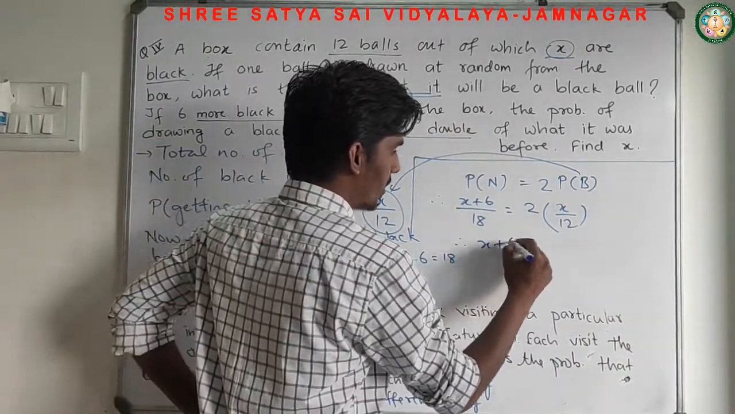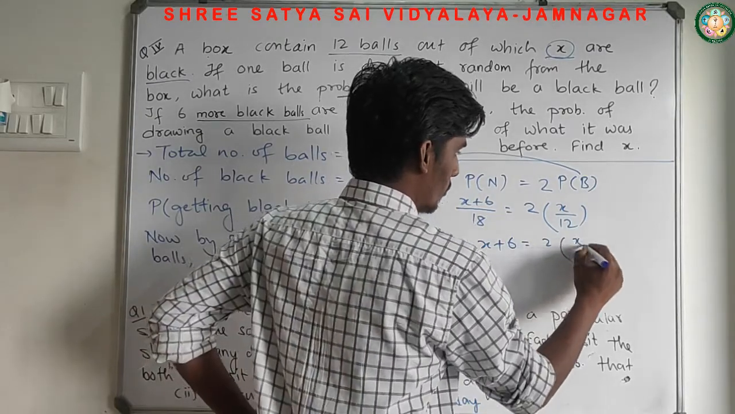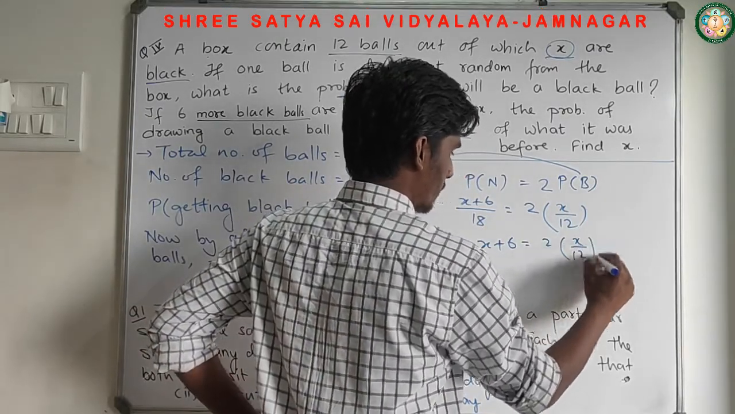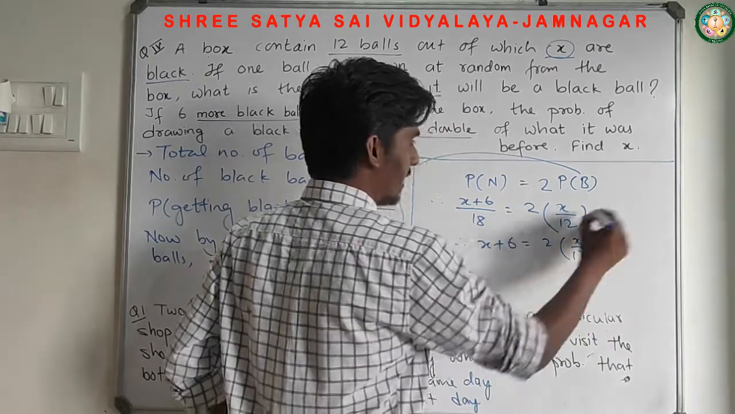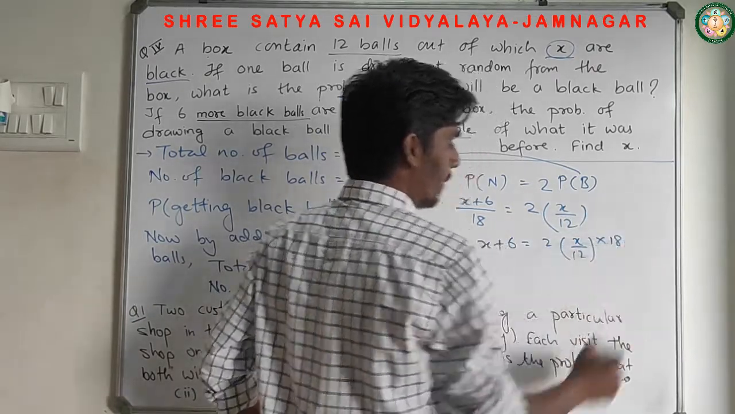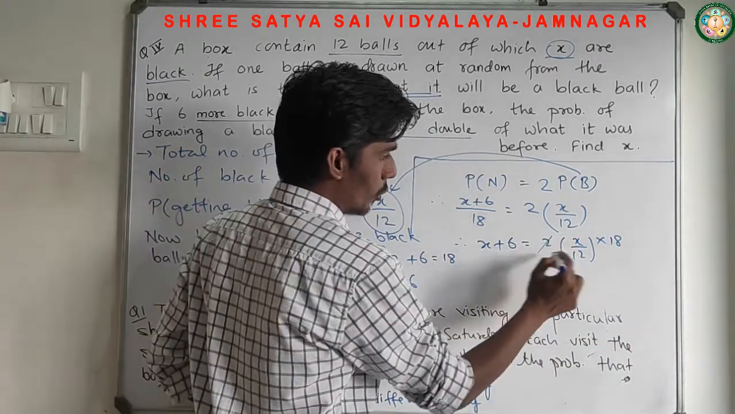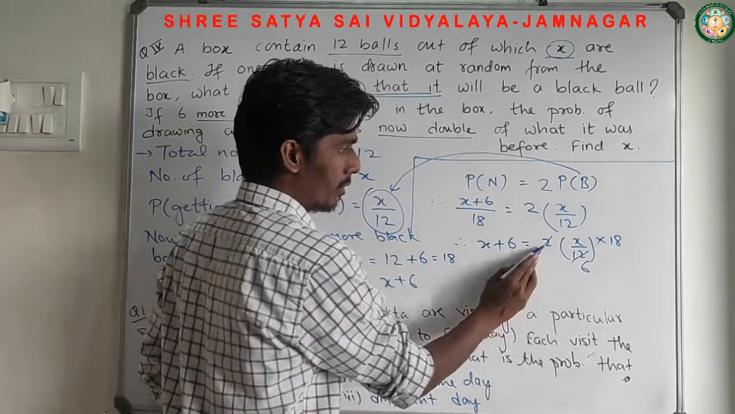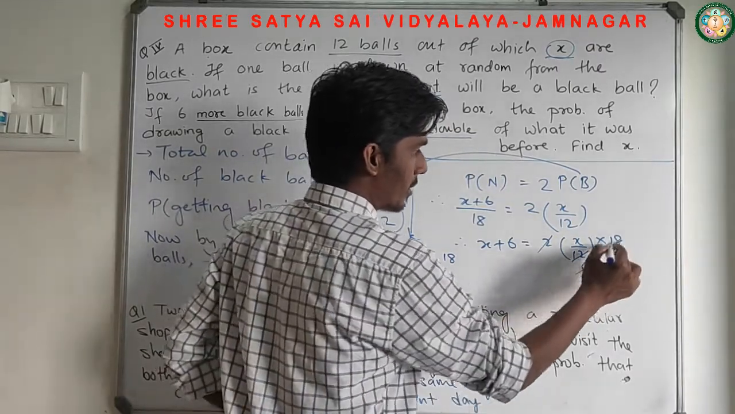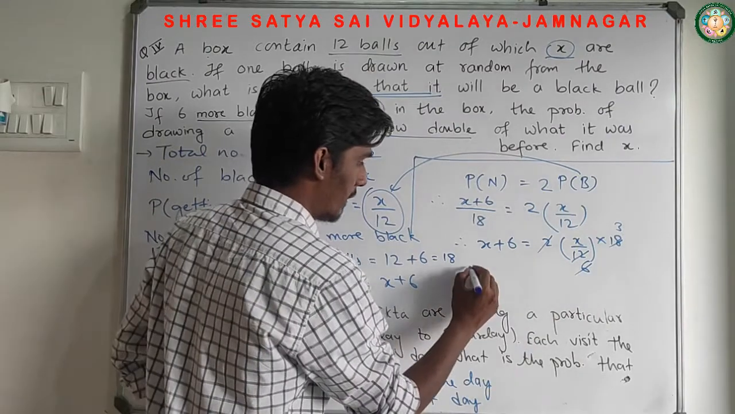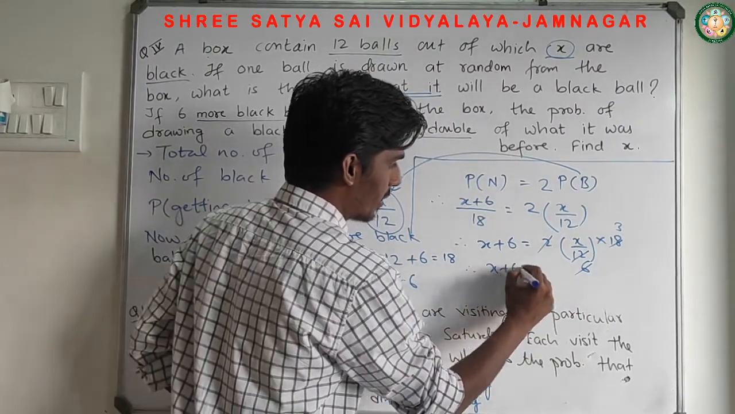Therefore, (x plus 6) by 18 equals 2 times x by 12. If I take this 18 over here, it will then multiply. So the 2 will cancel. 6 times 2 is 12, 6 times 3 is 18. So how much did I get here? x plus 6 equals